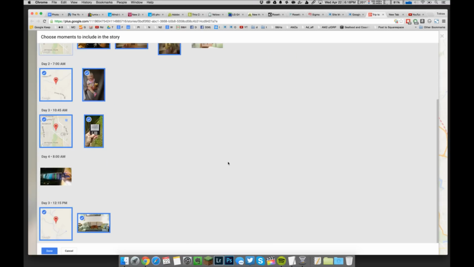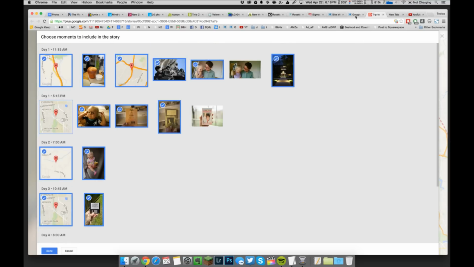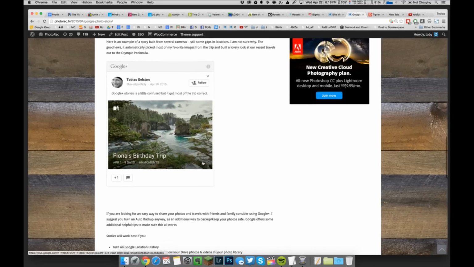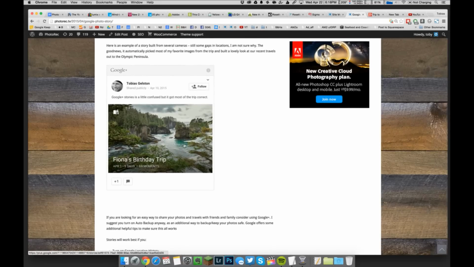So that's a downside, is down here it's got this water filter. I took a picture of that with my cell phone, as I often do, to remind myself what filter I needed when I got to Home Depot. I mean, I use my cell phone as a kind of brain catch-all. So, you know, that's a downside in the way that I use my phone, and then Google Stories picks them up. But you can get to a more exciting one, Fiona's birthday trip, which has